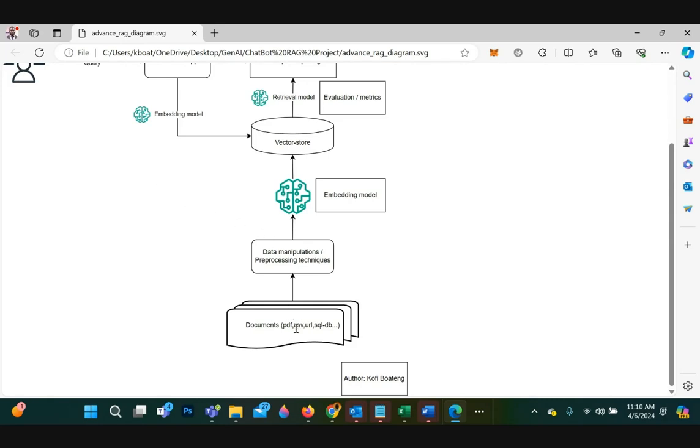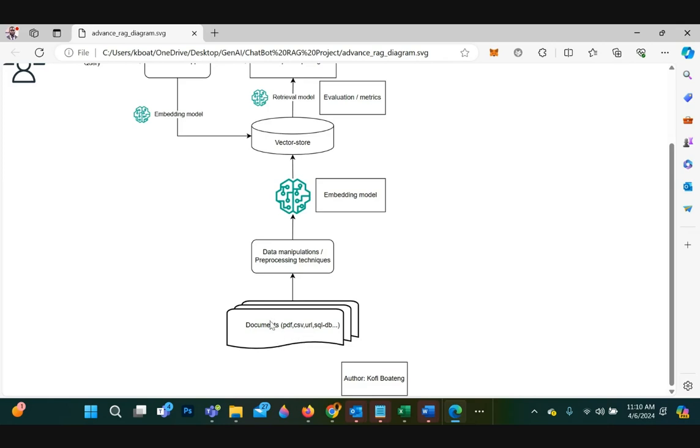In that case, this document area may be an AWS S3 bucket, right? In that bucket, there may be large PDF documents, multiple documents, multiple CSVs.